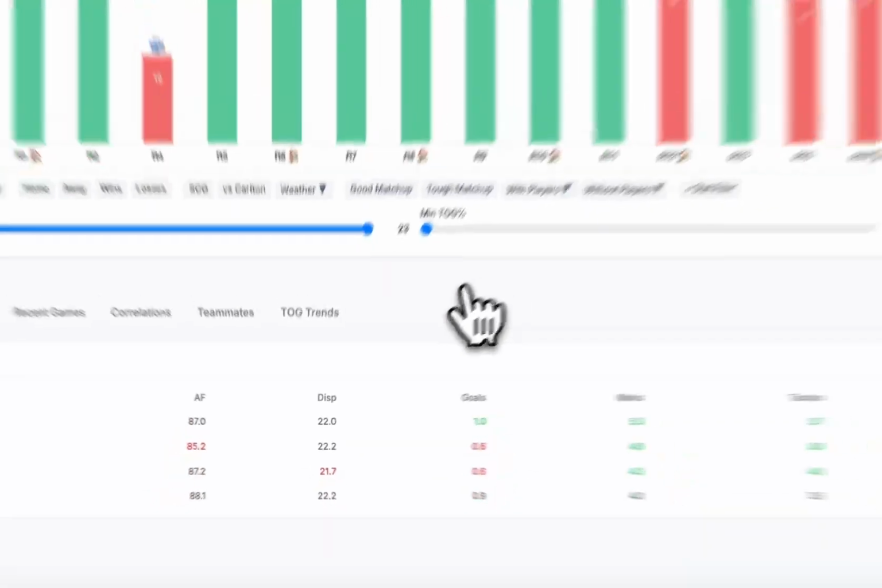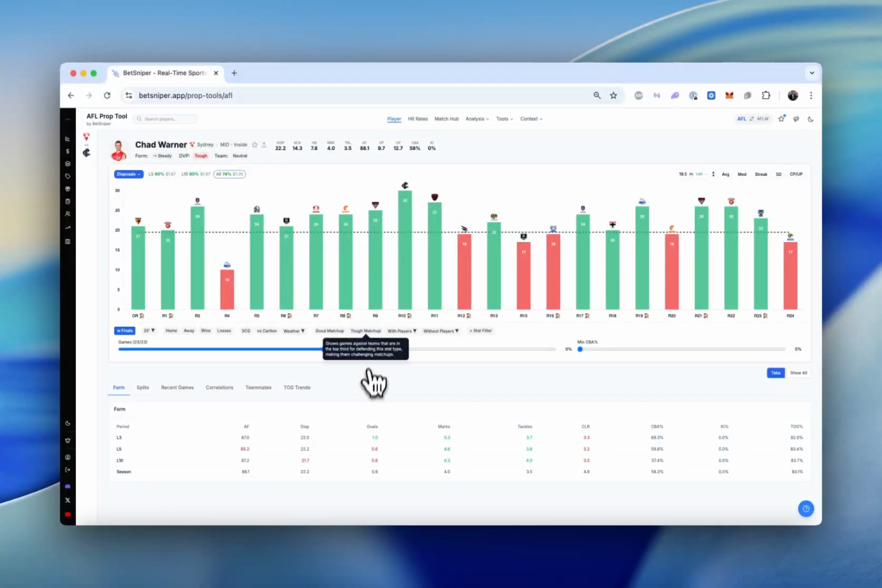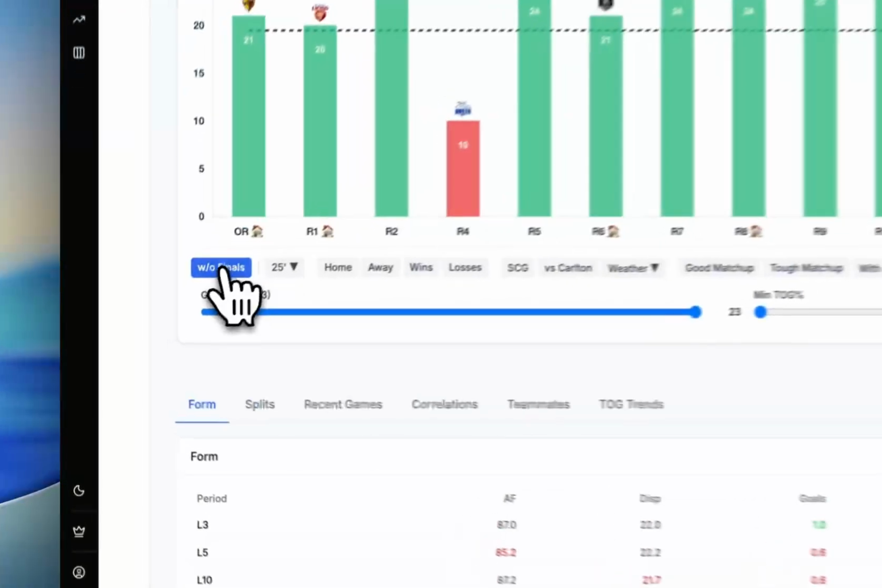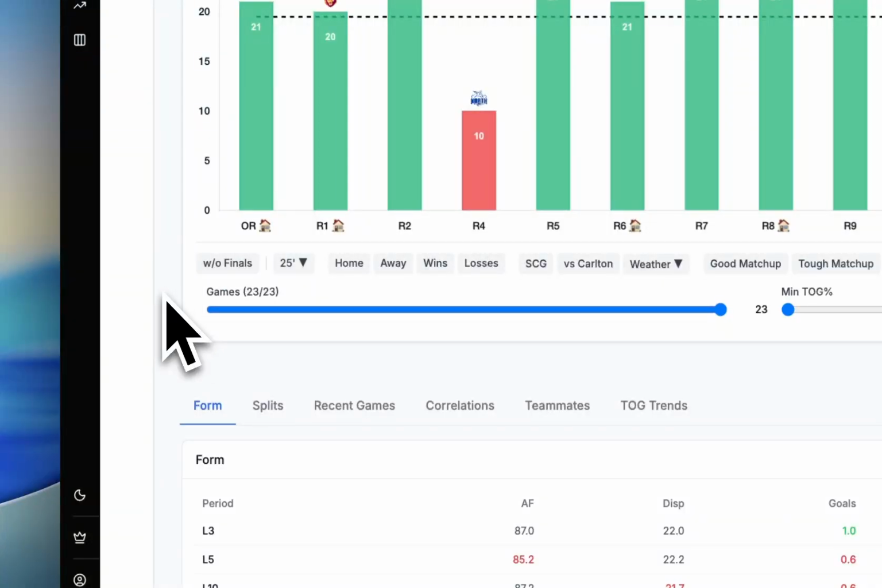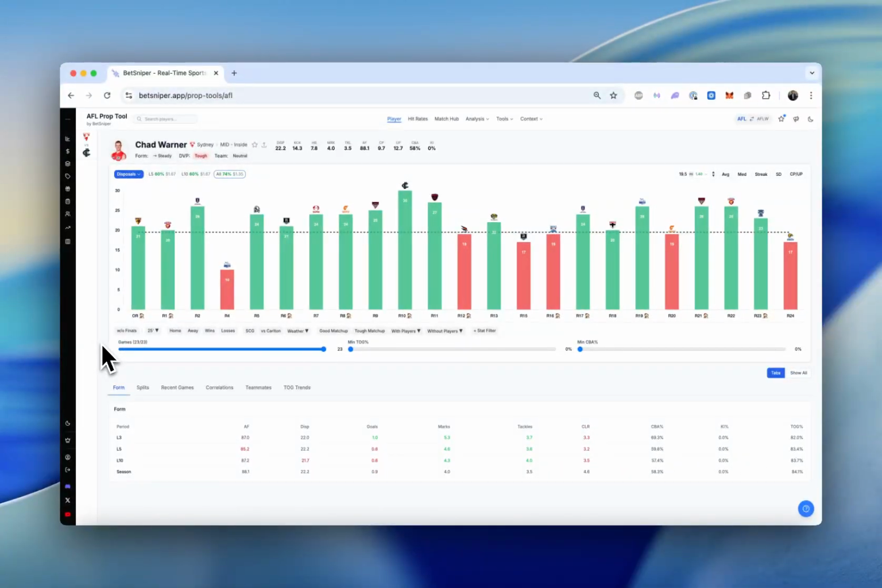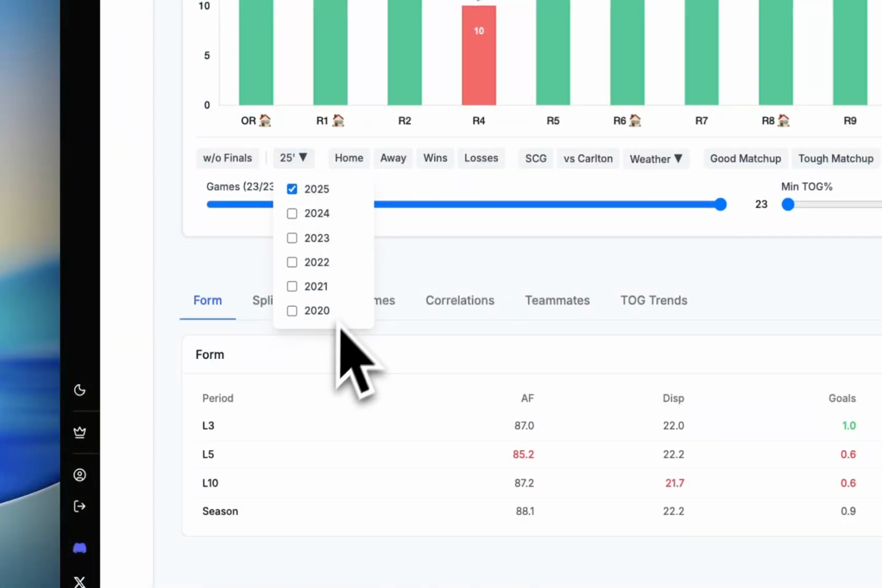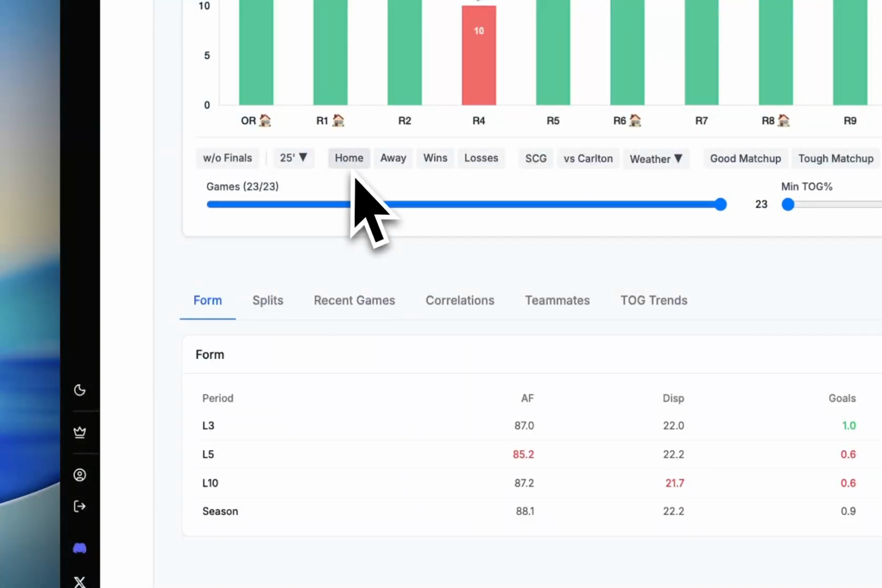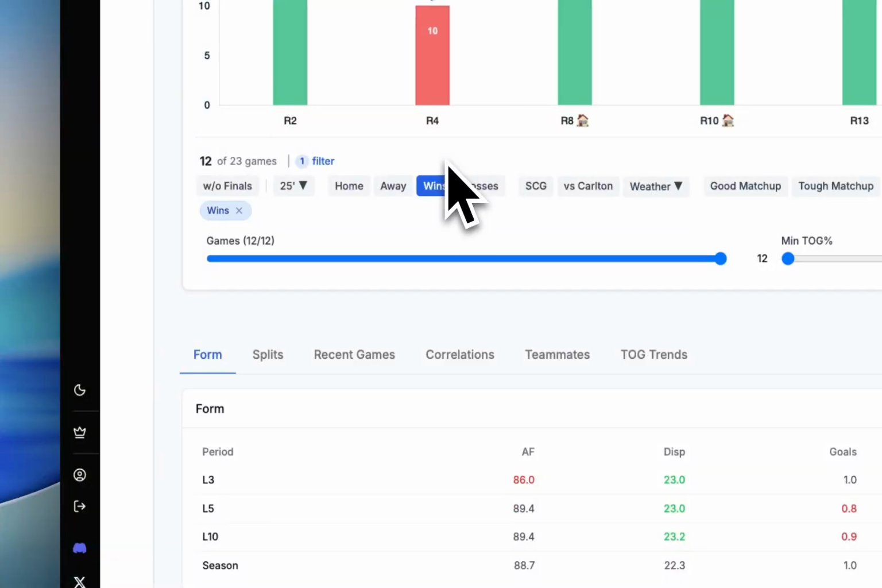Then the next thing I want to show you is the different filters you can apply to the data you're seeing here. So you can toggle in and out finals, and I think it's probably good to toggle off finals just because finals footy can be quite significantly different to regular season footy. You can choose to add in more seasons. You can toggle for home and away, toggle for wins,